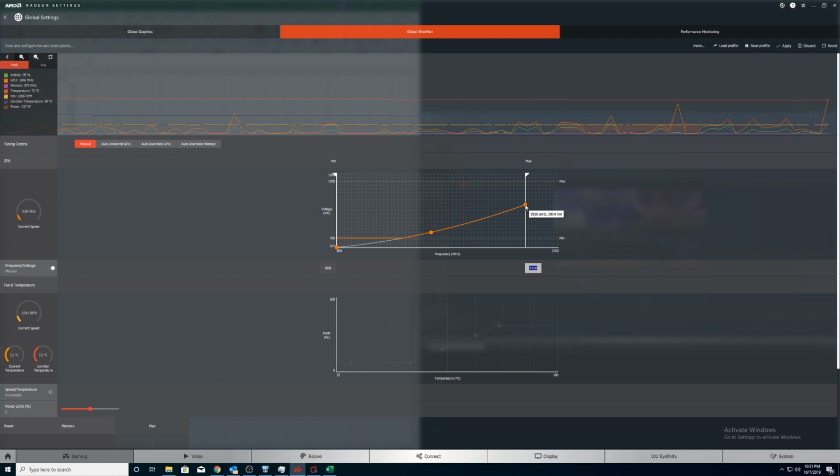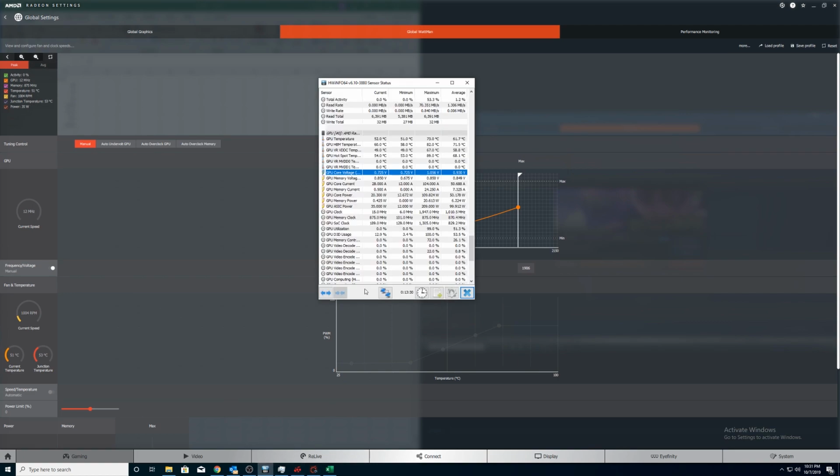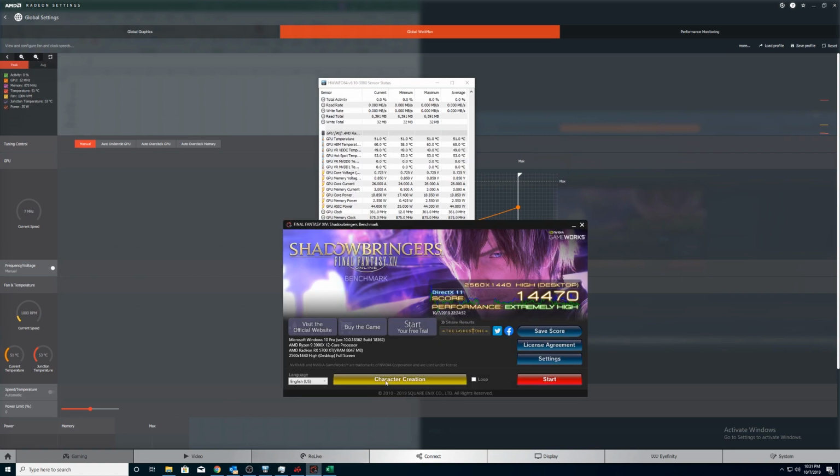So let's go. 1905. Okay, so we are at 1 point... Oh wow. Okay, so we dropped 0.94. So let's save this and let's see. Let's reset everything here. Let's see what this does, and then we are going to start messing with some fan